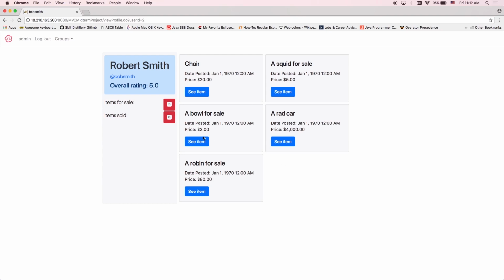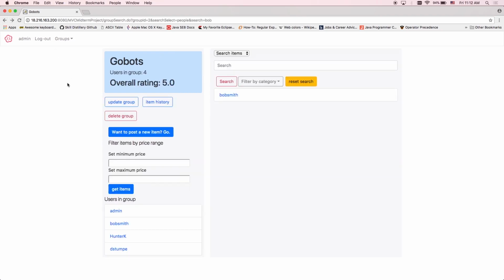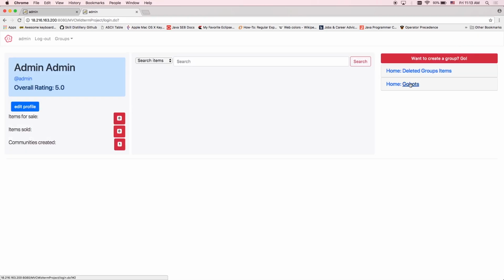So if you go back out, I think that's it. If you want to log in as maybe Hunter, and then he can see the groups that he is not the admin of. Because you're global admin, you're seeing all of these edits, deletes, and deleting the profile, deleting groups. But if you were not the admin of those groups, you wouldn't see those things. So you would just be a part of the group, and then you just see the items,